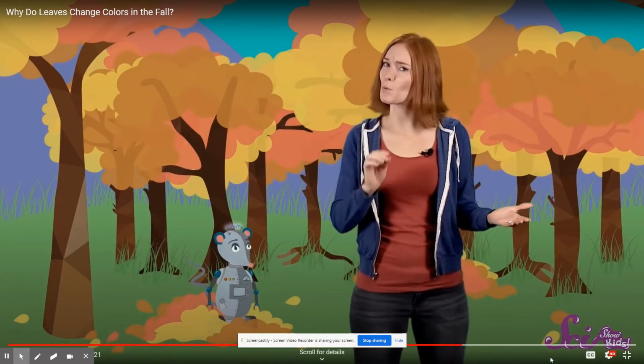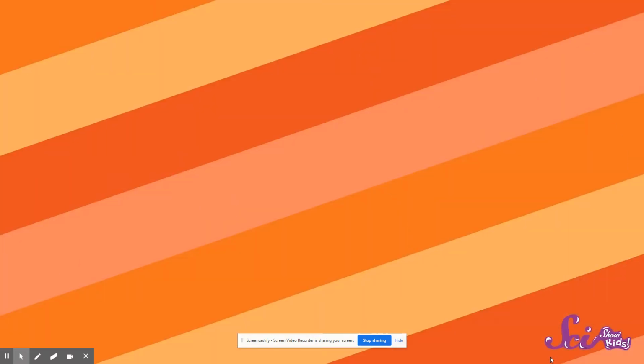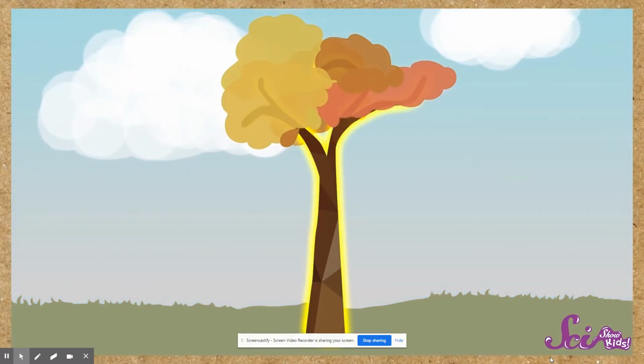They fall because without their chlorophyll to help them make energy, the leaves don't really have a job to do. So as winter approaches, the energy that the leaves have made flows into the tree and gets